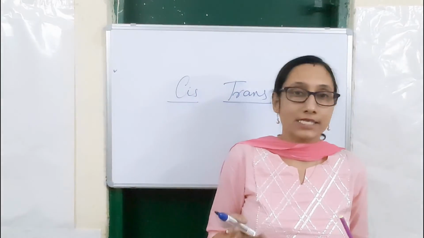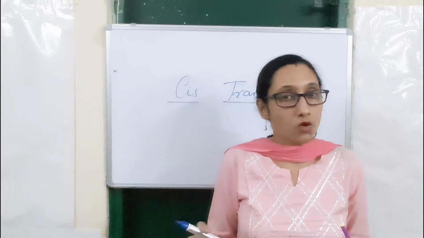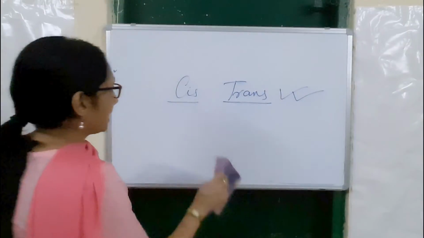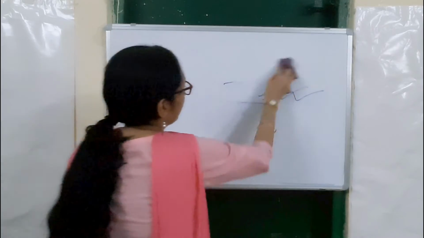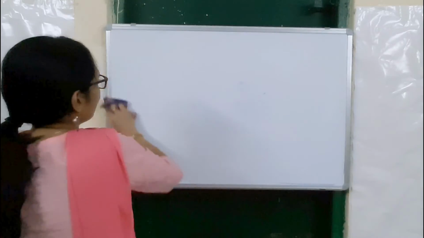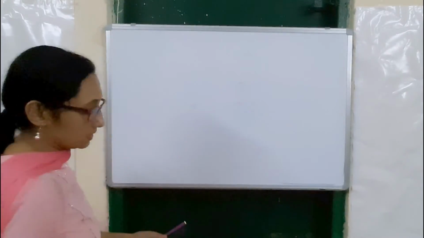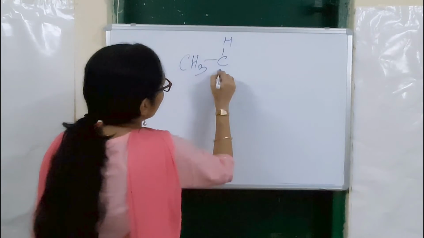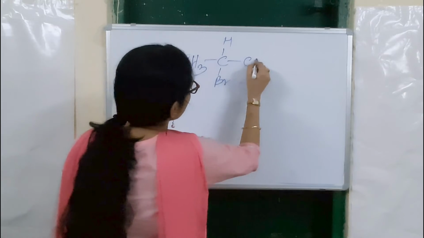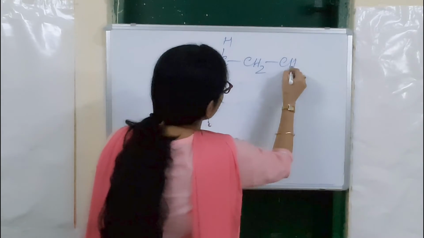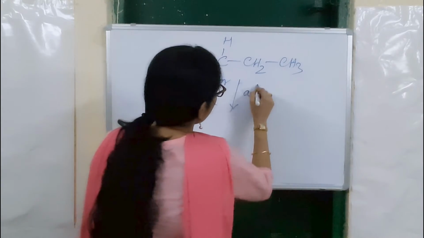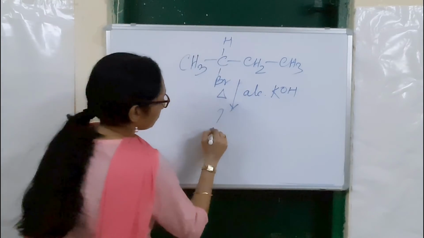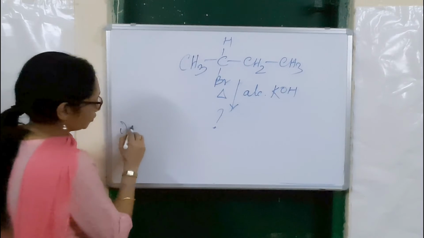Now, suppose I ask you one question: when you are dehydrohalogenating 2-bromobutane, what will be the major product? Here I am giving you 3 options. This is 2-bromobutane, just now we have drawn. Alcoholic KOH, heat. So the major product, the first option is